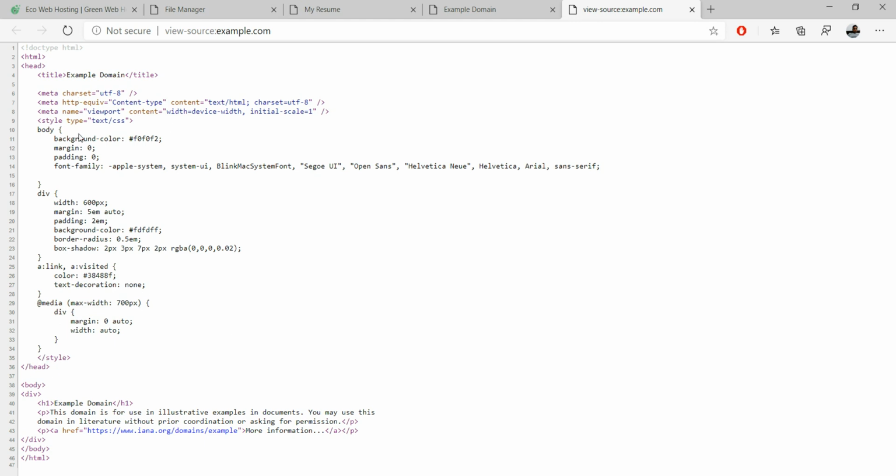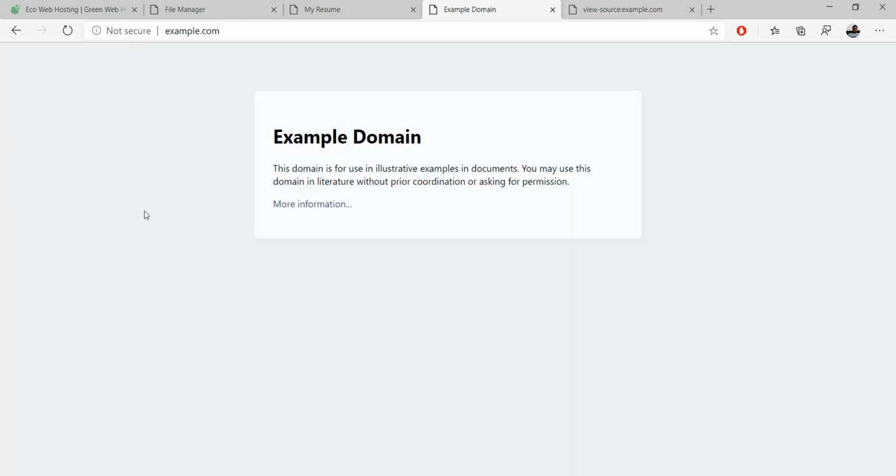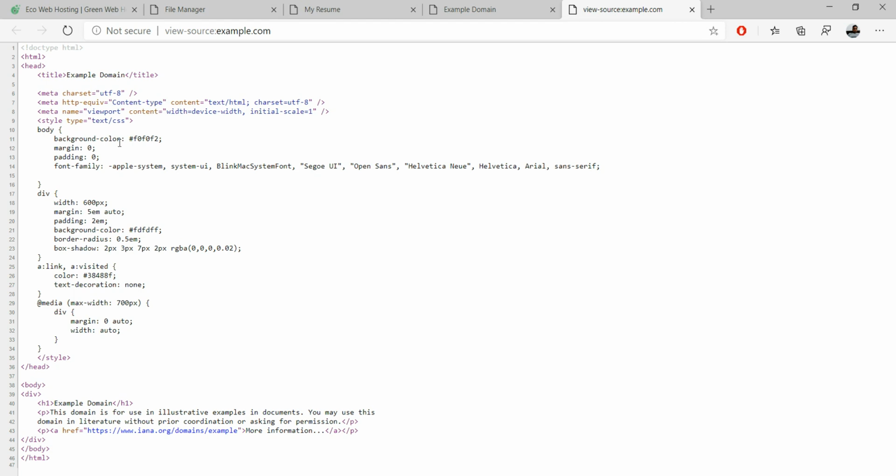So we see that we have used a style element in the head section. We have used body, then div, and we have simply used the HTML element, nothing was done with it. The background color has been defined over here.